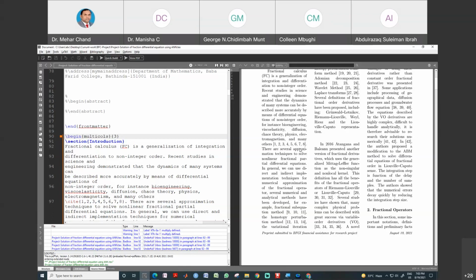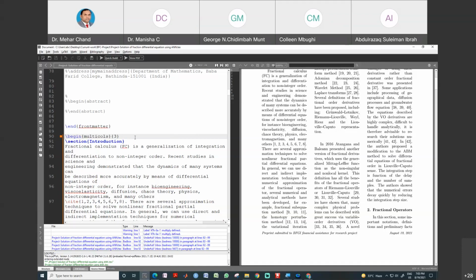All the things are managed properly. There is no alignment problem. You need not worry about the alignments, the numbering, heading, subheading. All the things in the whole document will be controlled by using a proper command, and the whole document will be automatically changed according to your requirement, your desire. You can control all the things. So in this way you can use it.